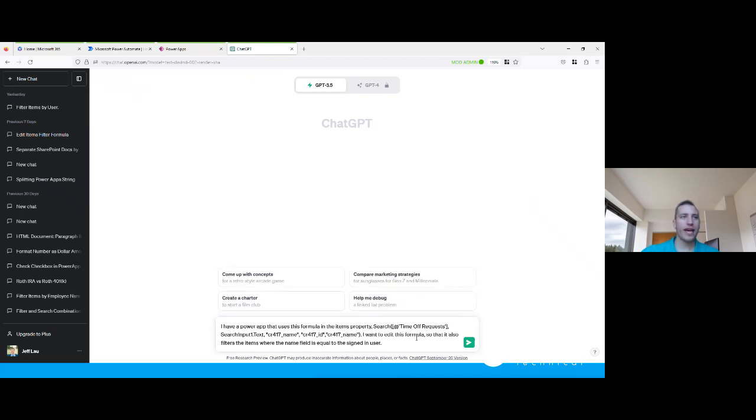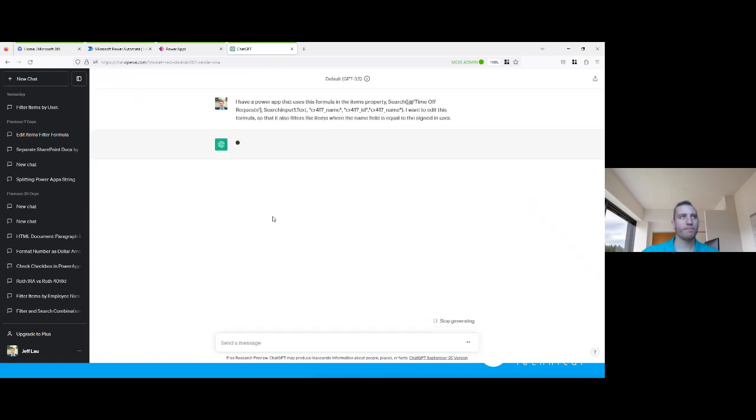We want to edit this formula so that it also filters the items where that name field, which is the field in our time off request table, equals the signed in user. If I go ahead and submit that,